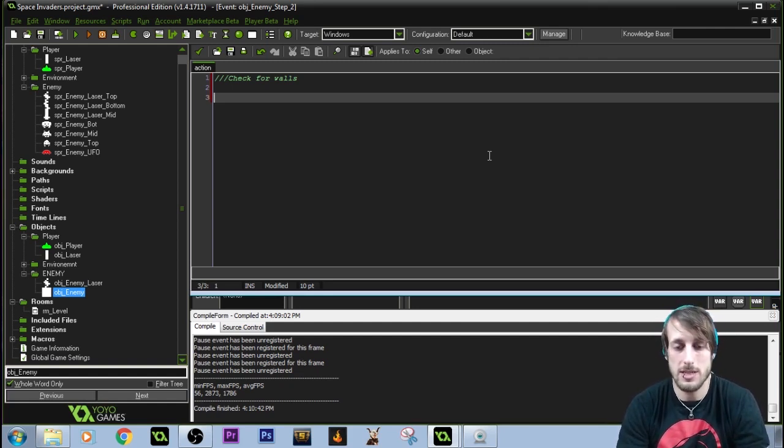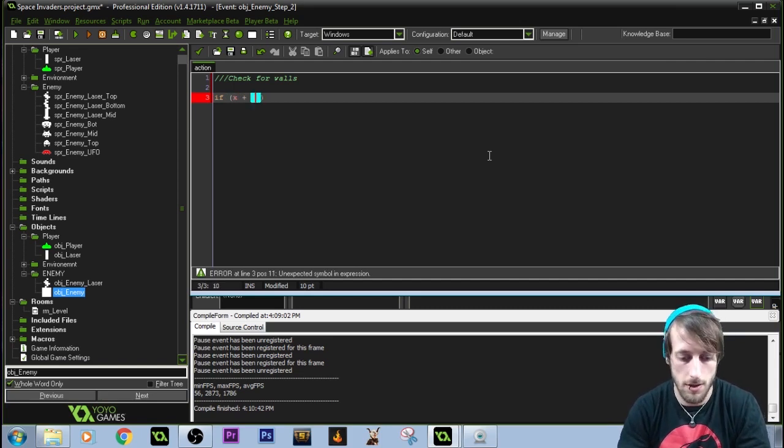But when we check for walls, we still want any of them that touch the wall to give the system the update, saying, hey, one of us hit a wall, we all need to stop, type of thing. So that's how we're going to do that. We're going to say if x plus 32 times direction. I'm going to type all of this out, and then I'll explain all of it after. Is greater than or equal to room width,